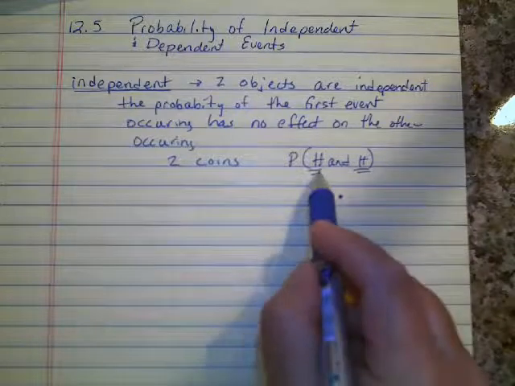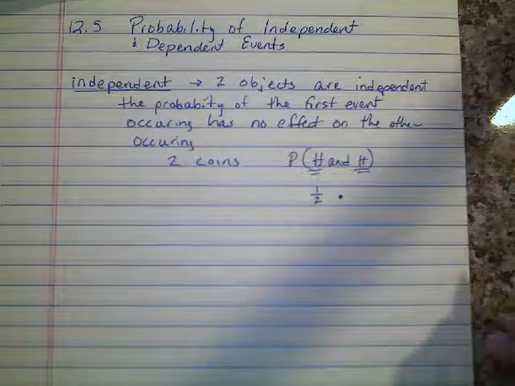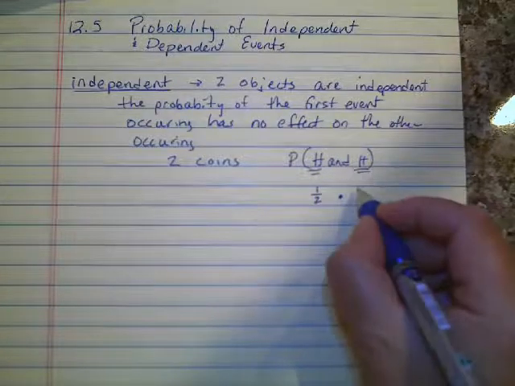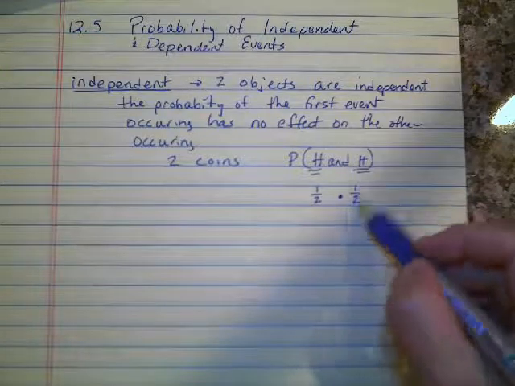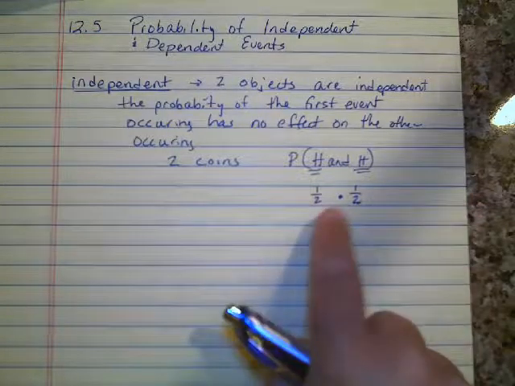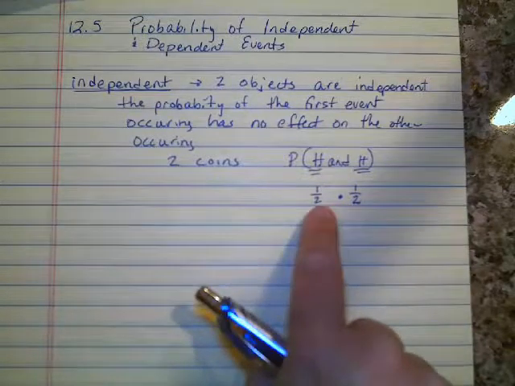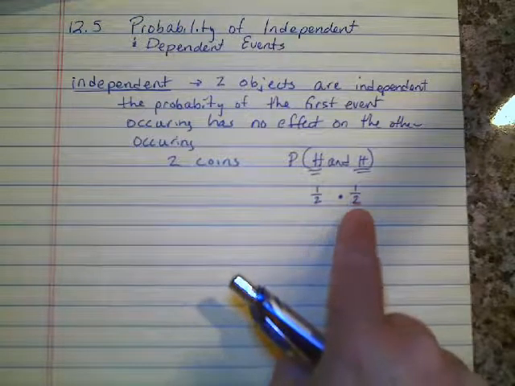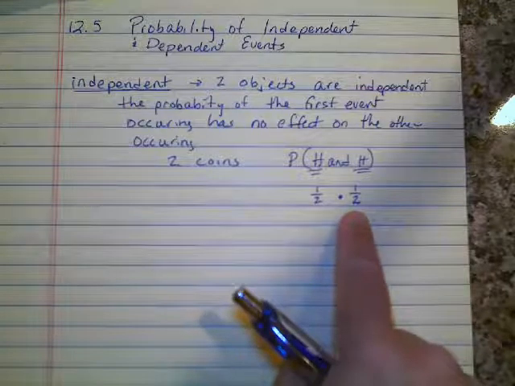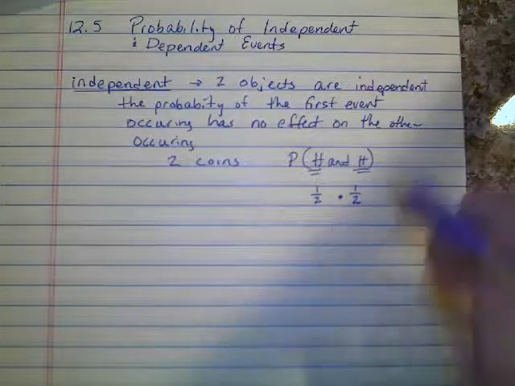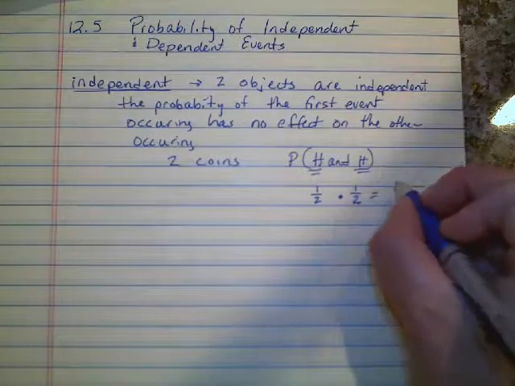The probability that I get heads on the first coin would be one way out of two ways. The probability that I would get heads on the second coin would be one way out of two ways. Me getting heads on the second coin doesn't rely on whether I got heads or tails on the first coin. They're two independent events. We flip this coin and we flip this coin. Regardless of what I got on the first one, the probability remains the same on the second one. So the probability that I would get heads on the first coin and heads on the second coin would be